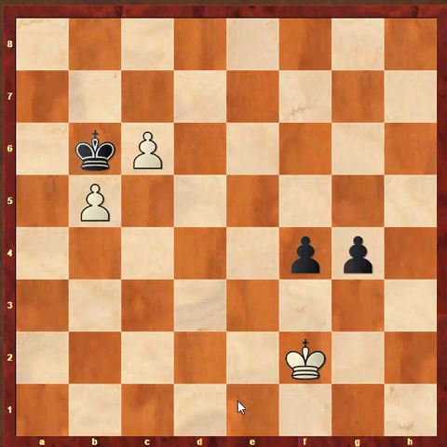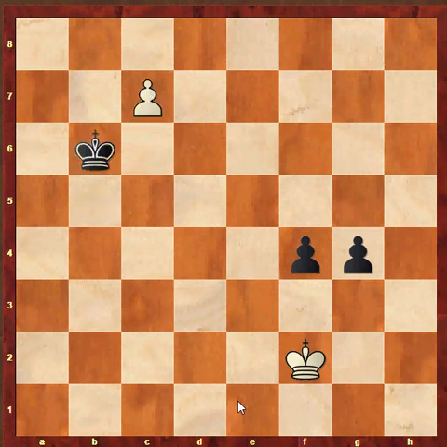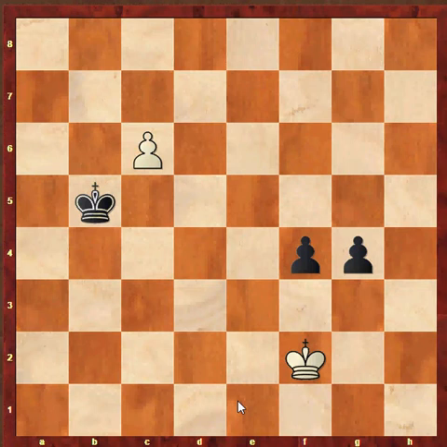g3. Actually, wait. What about if black didn't check? What if he took the g or b5 pawn? King takes b5. Well, both the king and pawn run at the same speed, and the pawn has a head start. So I think the pawn wins here. Remember, if white got the move here first, he's going to win the race. Okay, so that's why